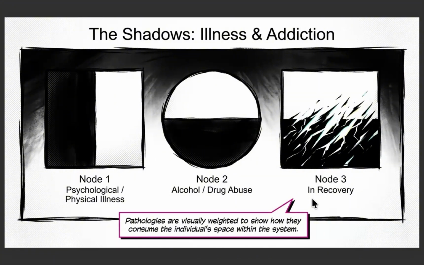Our symbols for illness show only that there is an addiction or a major physical illness. The symbols basically indicate there is a life-altering problem, but the viewer must check for details to understand the exact nature of the problem. In general, the nature of the illness should also be indicated near the symbol. Genogram software will obviously allow us to track illnesses, both physical and psychological, in much better detail.